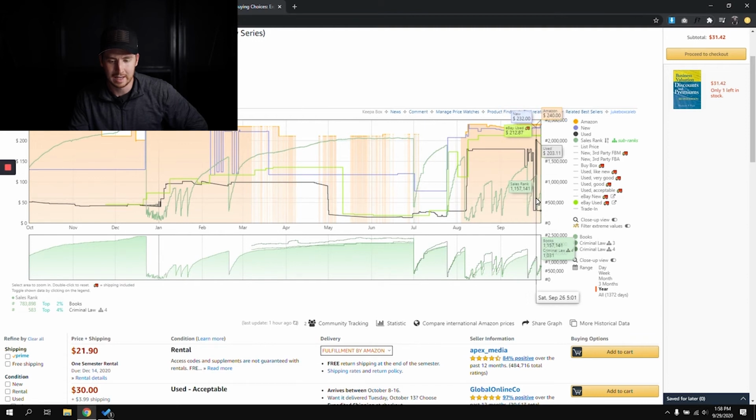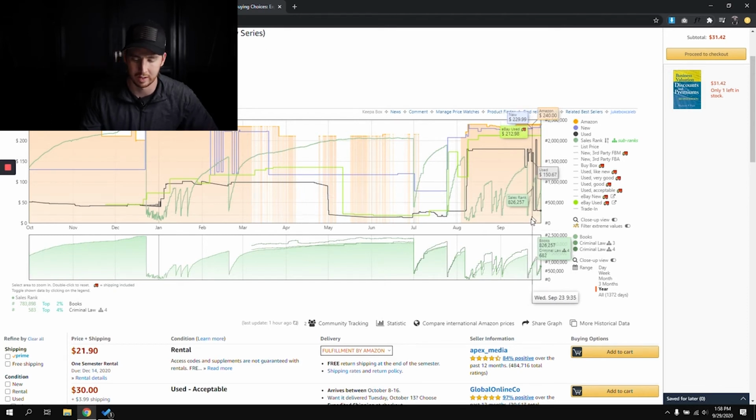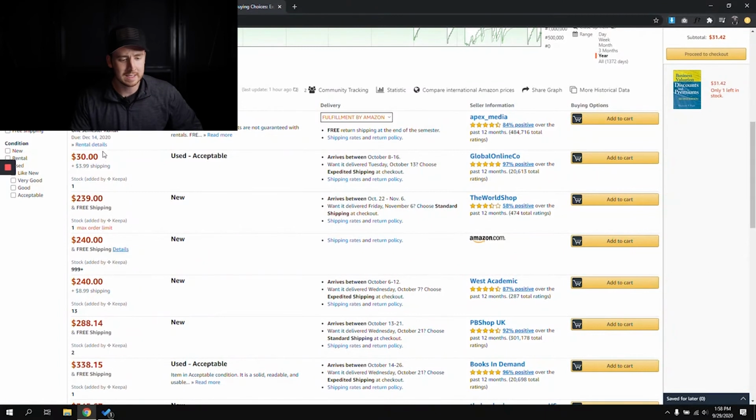And it recently, as far as September 26th, sold right around here for anywhere from, right here it sold for about $135. And then right here it might have sold for $170, probably sold for $30. This is not a bad one to buy, this $30 one. We don't have to price it anywhere near this. We can come in at,